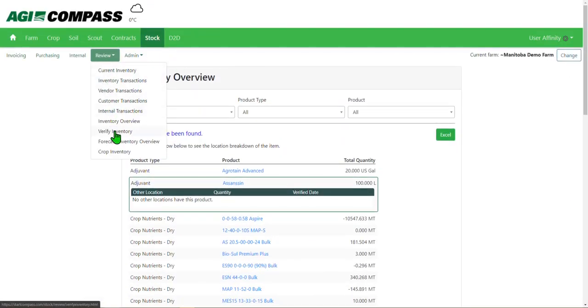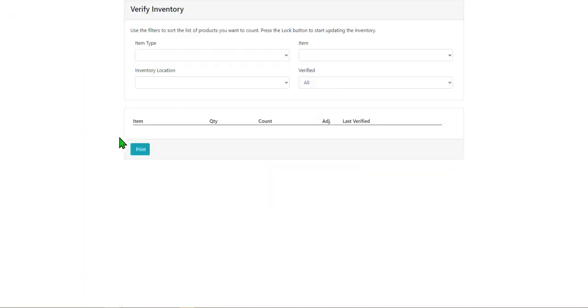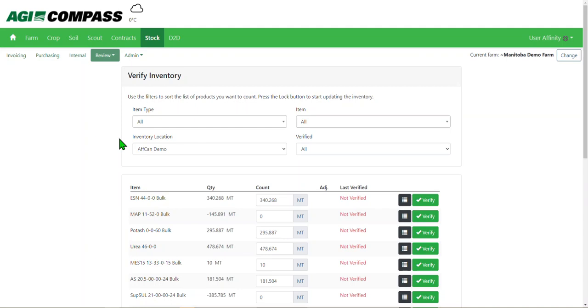Next on our list is verify inventory. And this is going to be where you can make quick adjustments up or down to your existing inventory. For example, let's use our MAP 1152 bulk as my example in this case. It's telling me I have 0 on hand, but it's letting me know my current inventory level is minus